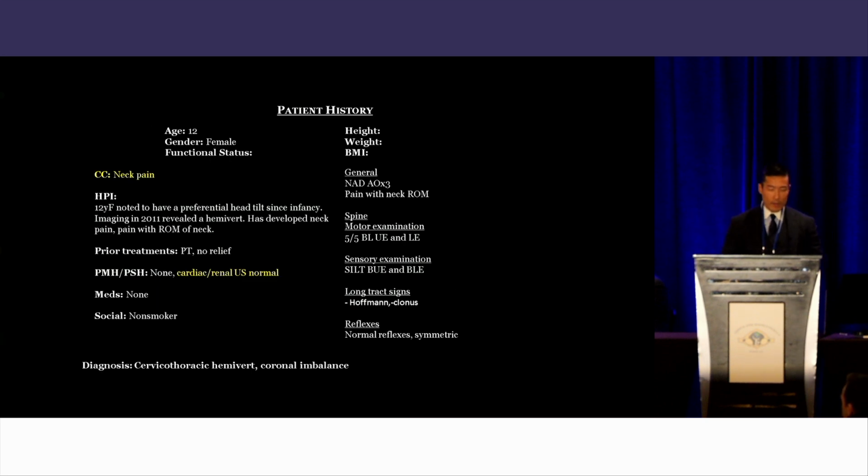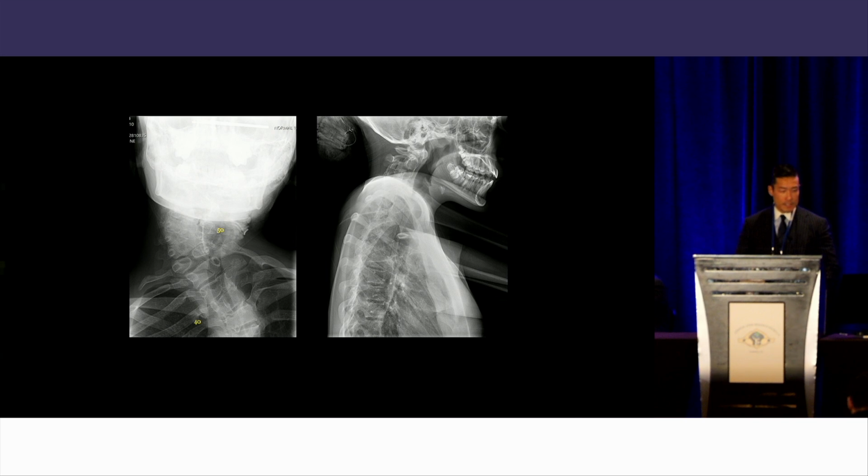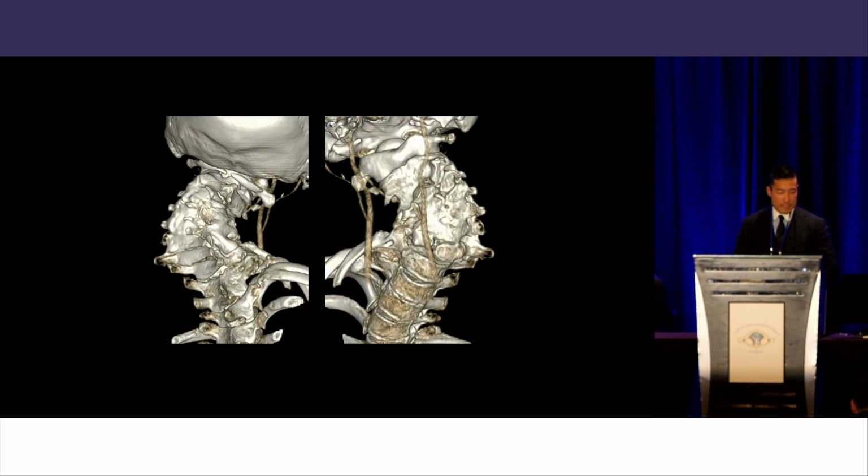Here's another case where vertebral artery anatomy is going to change or confirm your surgical plan. Here's a 12-year-old girl with severe congenital anomalies within the cervical spine as well as in the upper thoracic spine. Here you can see just on the imaging studies that there's what I would call a cobblestone spine. You could try to classify this based on the congenital scoliosis classification, but it becomes really hard to classify because of the multiple permutations with which these patients can present. But left and right bending images, dynamic images, and a CT scan demonstrating solid fusion, congenital fusions throughout